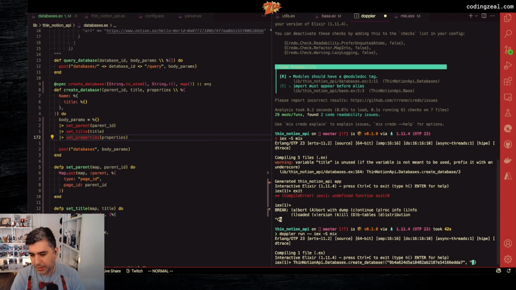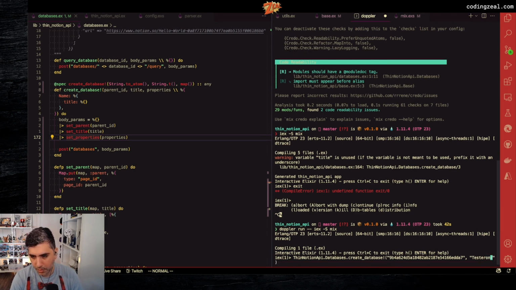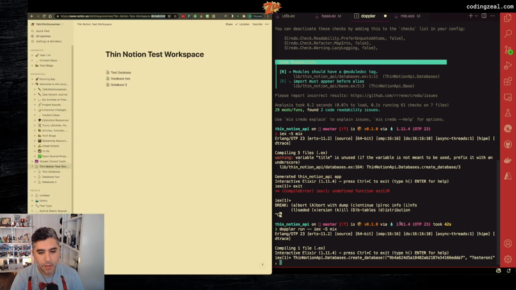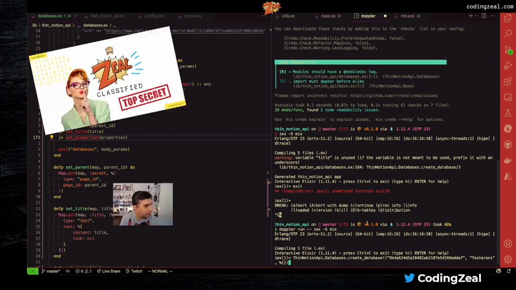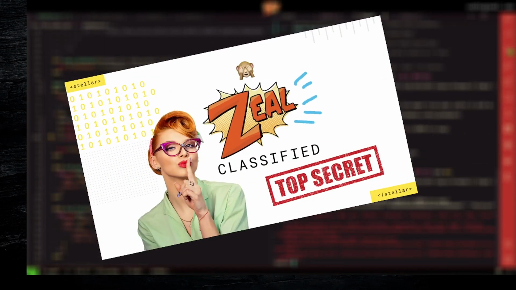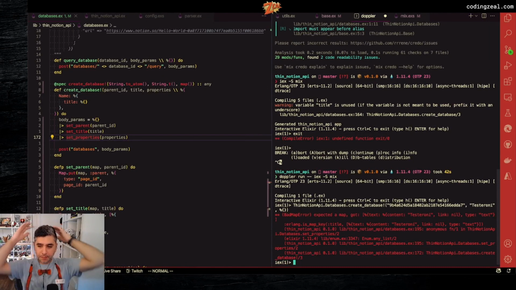Our title is going to be Testeroni, and our properties are going to be an empty map. Let's see what happens. I'm going to quickly blur this just in case the errors output data that we don't want. And I got a different sort of error. Expected map, got